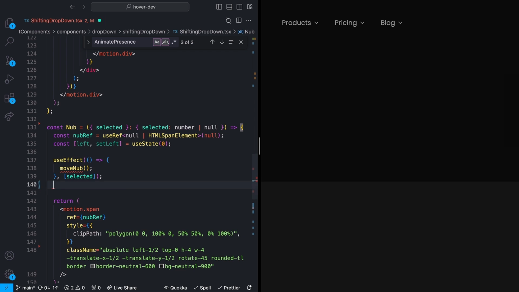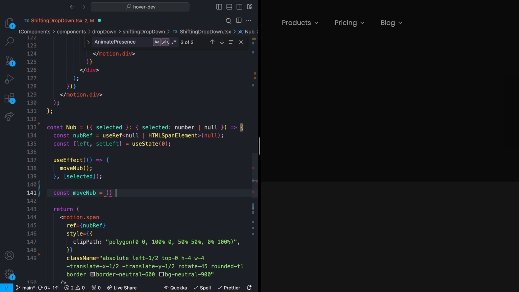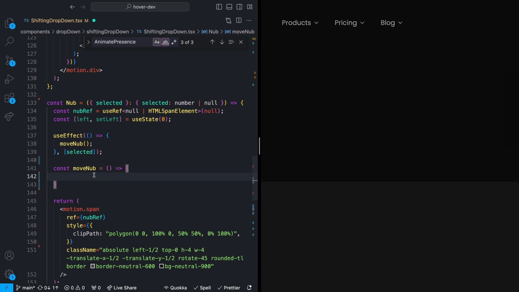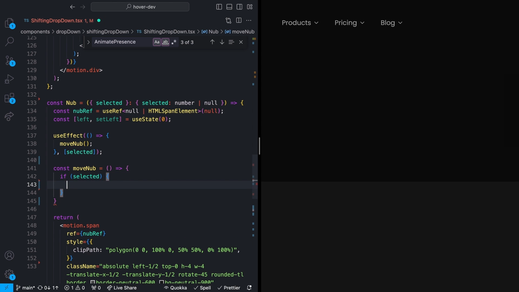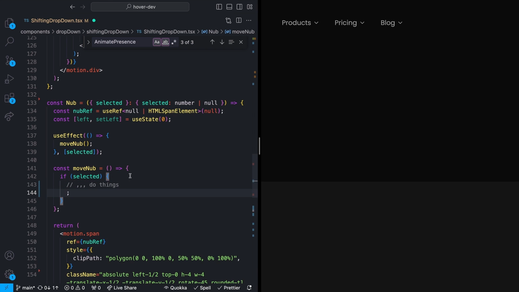So I'll say const moveNub is equal to something like this. And we can define our logic down here for translating our nub around. Now, if selected is null, we don't actually need to do anything. So I'll say only if selected, then we actually want to do things. In order to figure out where we need to move our element to, we need to start by grabbing a couple of references to some of the other elements that we have in our layout here. First and foremost, we need a reference to whichever tab we're actually hovering. So I'm going to define a variable which I'll call hoveredTab. That is going to be equal to